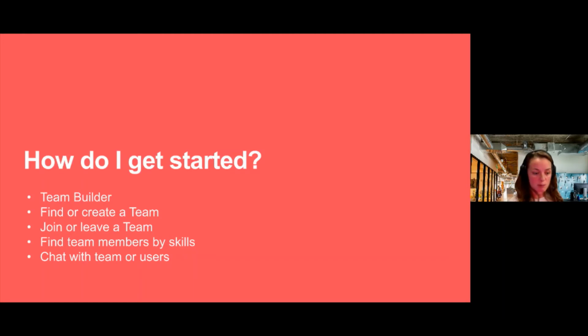So we'll go through Team Builder. That's something that is new to this hackathon, and hopefully will make it a lot easier for you to either create a team, find a team that you want to be on, find people by their skill, post out about your skills so that other people can find you. We wanted to make that a much more simple process this time, and Dave and team have done a really great job. So I'm going to take you through each step of that, depending on how you're coming in and how you want to participate.